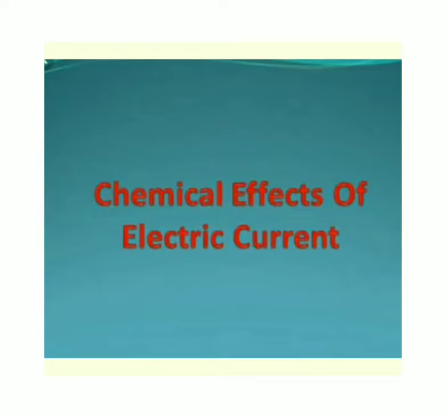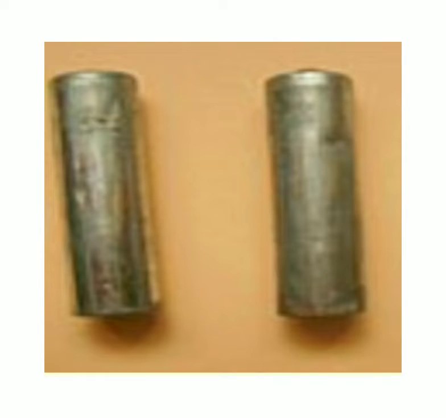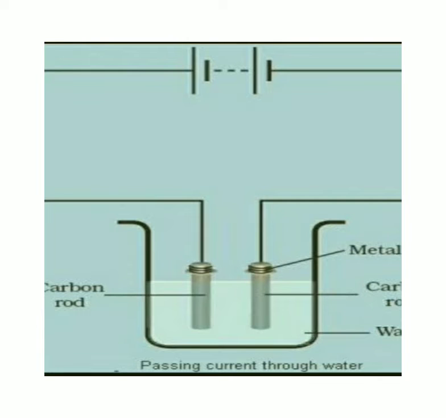Do you know electric current also shows some chemical effects on the solution? So let us find out with the help of an activity. Now let us perform an activity to see what chemical effects electric current shows on a solution. Take out carbon rods carefully from 2 discarded cells. Clean their metal caps with sandpaper. Wrap copper wires around the metal cap of the carbon rods and join them to a battery.